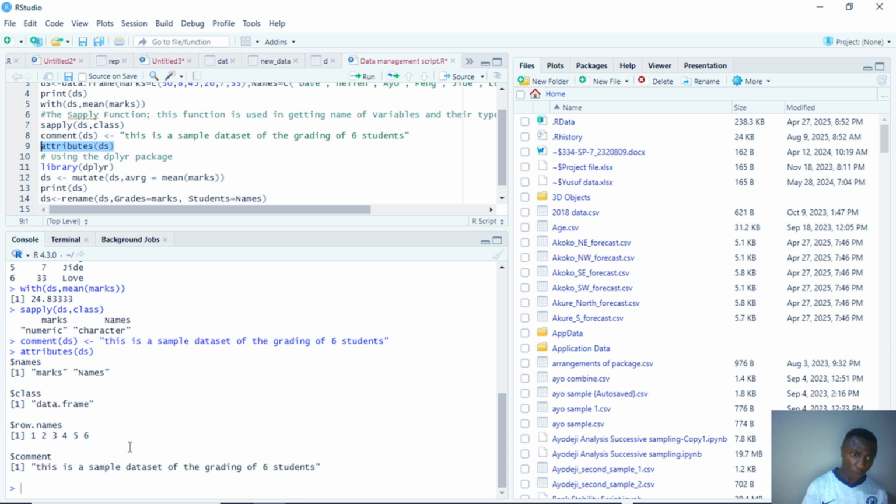And then now the comments. It's saying that this is a sample data set of the grading of 6 students. So if I don't know anything about this data set or data frame, with this comment I have an understanding, and then I know how to align my focus on what to do as a data analyst. Then the next thing we are going to be doing is